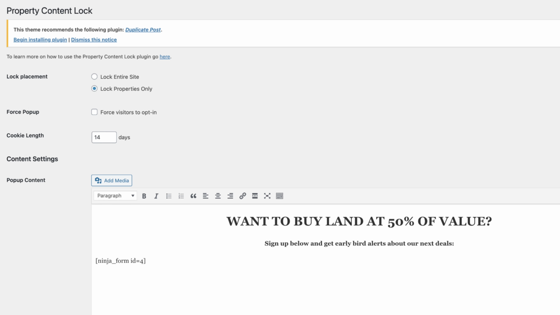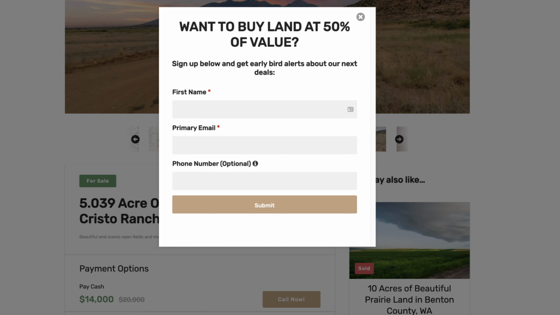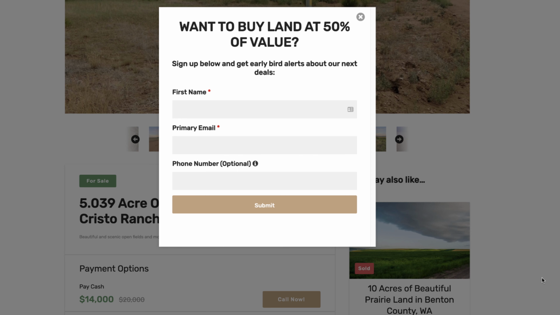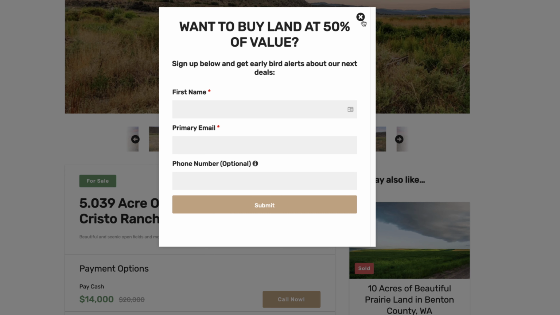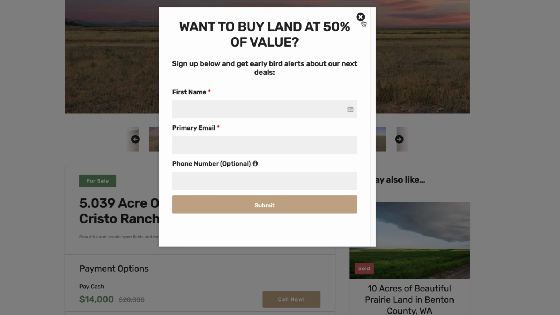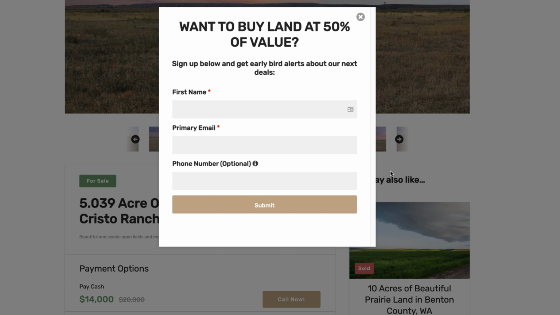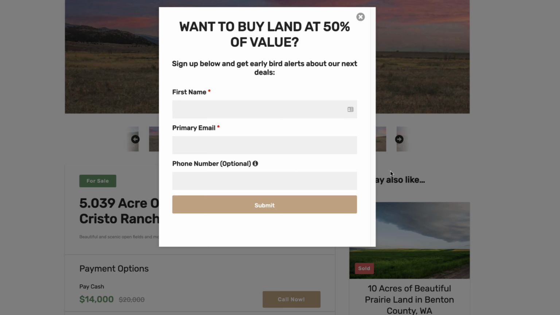I'll quickly show you what I mean. I've currently got this set up to only lock the properties. So when I go down here and click on one of these property listings, there you go. I can't scroll anywhere. I can see the stuff in the background, but I can't go down and see more until I close this. I don't have it set up to force a person to sign up, so a person could just close this and move on. But if I really wanted to keep those things secret and only available to the buyers list, I could force them to sign up, and then they can go through. So that's another really cool way to build your buyers list that I haven't seen any other real estate listing website do, and REI Conversion can do it.